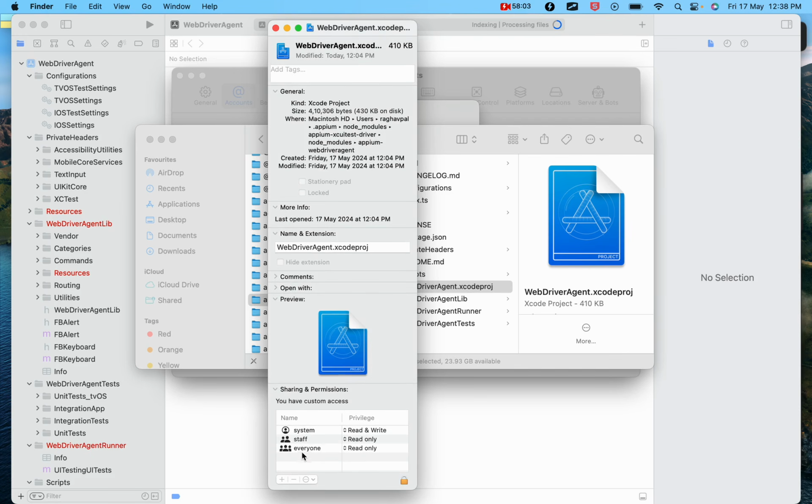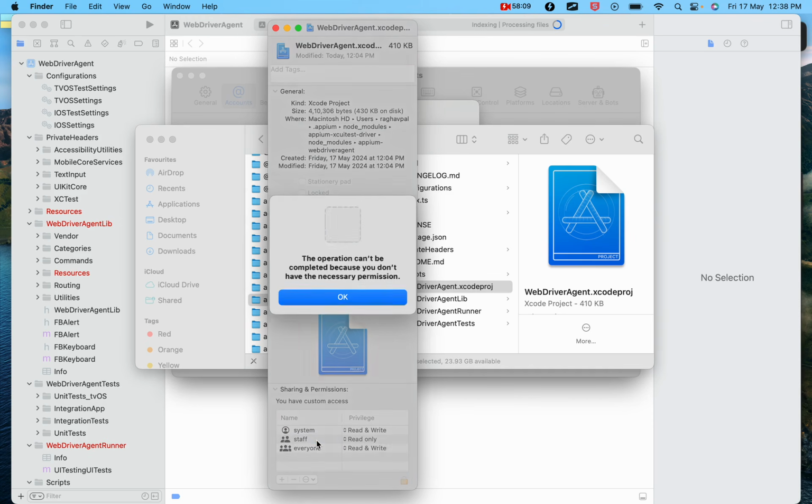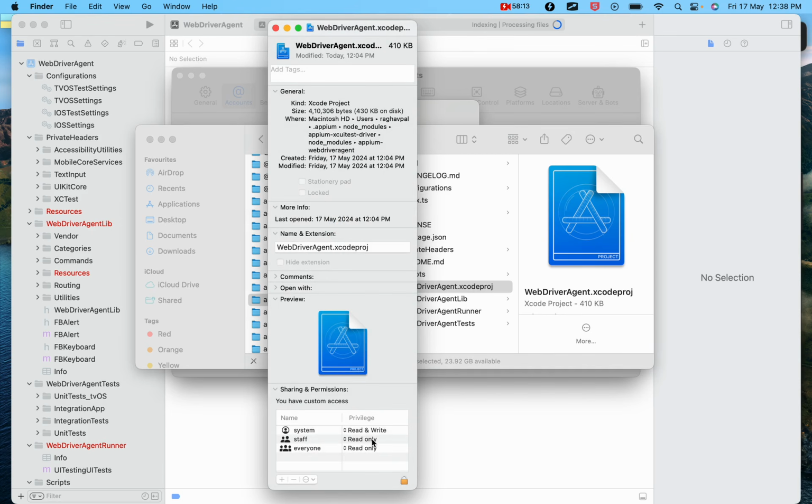Here I should have read and write, so I will change this to read and write. I will have to check this system has read and write,